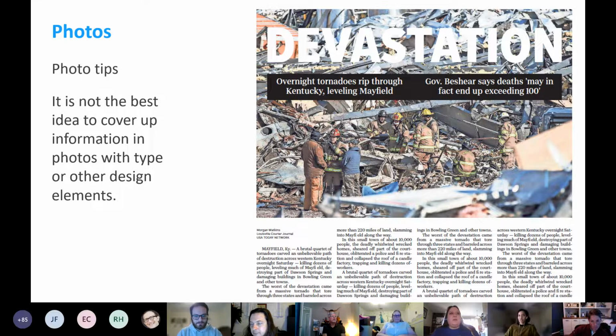First, moments of celebration, like a Super Bowl win, will often have photos with space for a headline on the photo. Second, stories of remembrance, like the passing of a president or other VIP, will often have photos with space for a headline. And third, enterprise stories in which the photo's primary purpose is not to provide information, but to illustrate a concept or set a tone. For example, a story about rising gas prices might have a photo of a gas pump in which there is space for a headline in the photo.